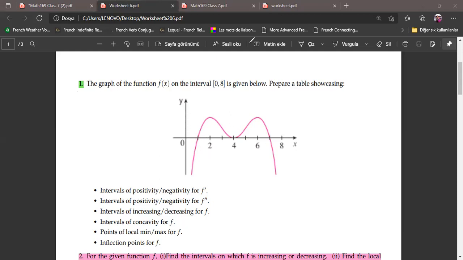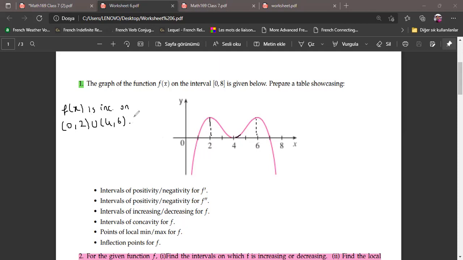Right, f of x is increasing on this interval, 0 to 2. Then you see it's decreasing, right? Then again, starting from 4, it's increasing till 6, right? So f prime is greater than 0 on, let's write here,